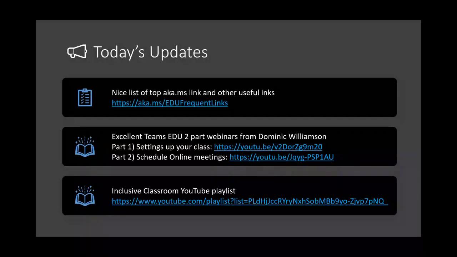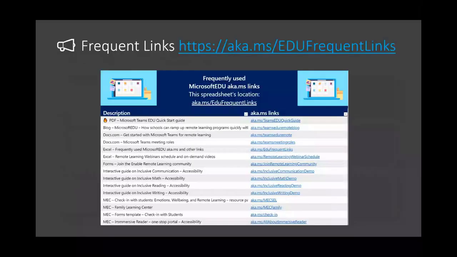And if you want to see a screenshot, this is just a smattering of all the great links on this guide that Marilyn put together. It's right here. Highly encourage you bookmark this one and share it out. You don't have to look at every single thing here, but you could probably find the thing you're looking for pretty fast, and a lot of useful resources.